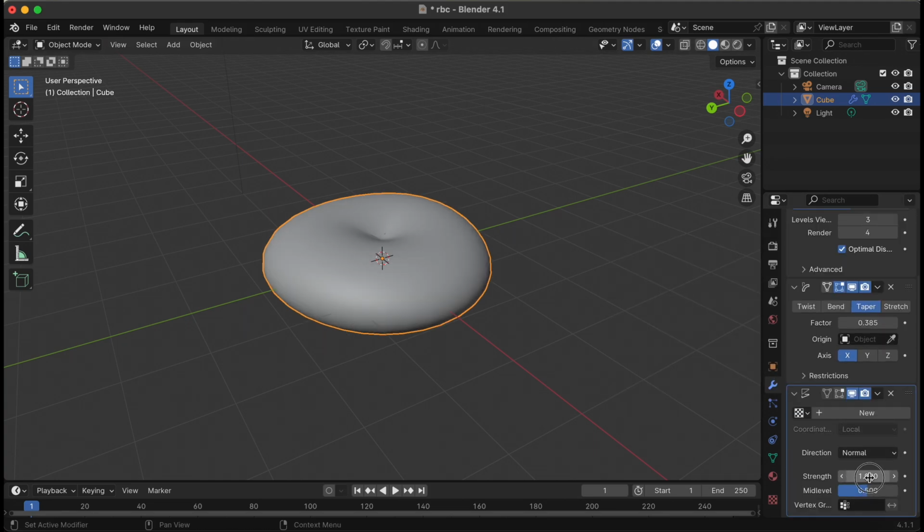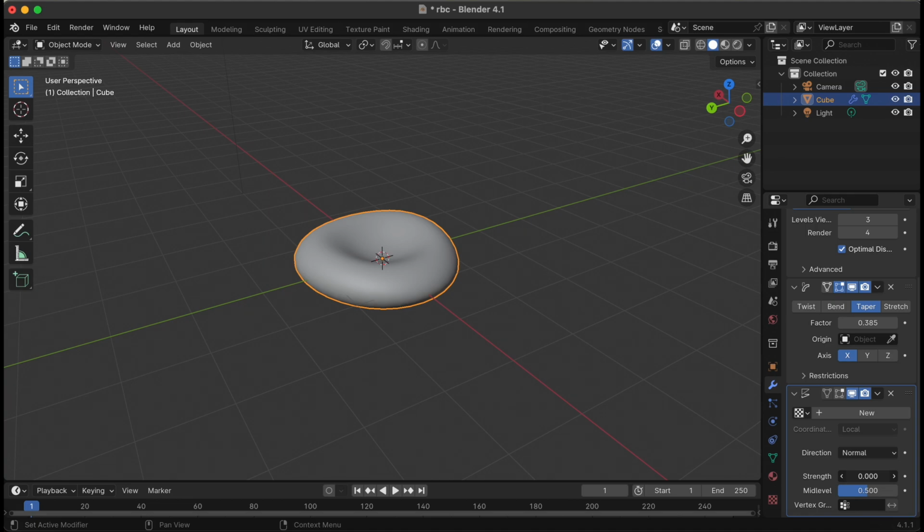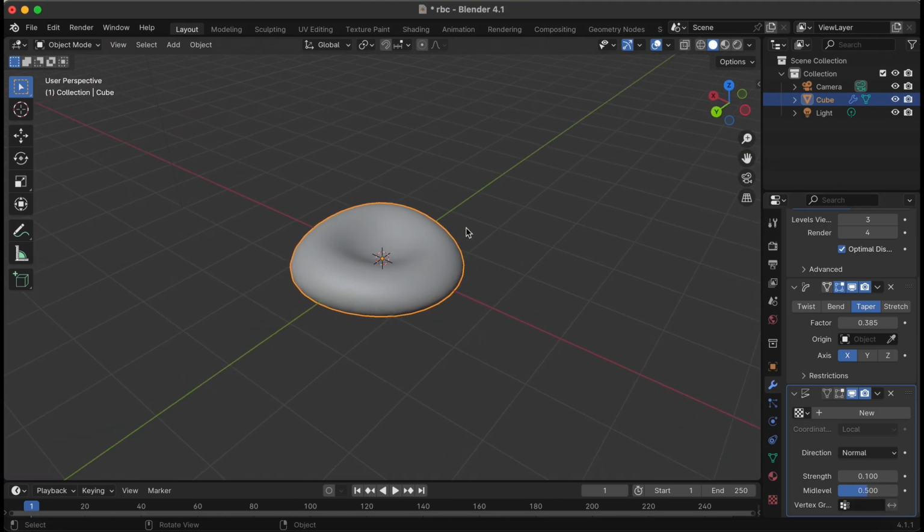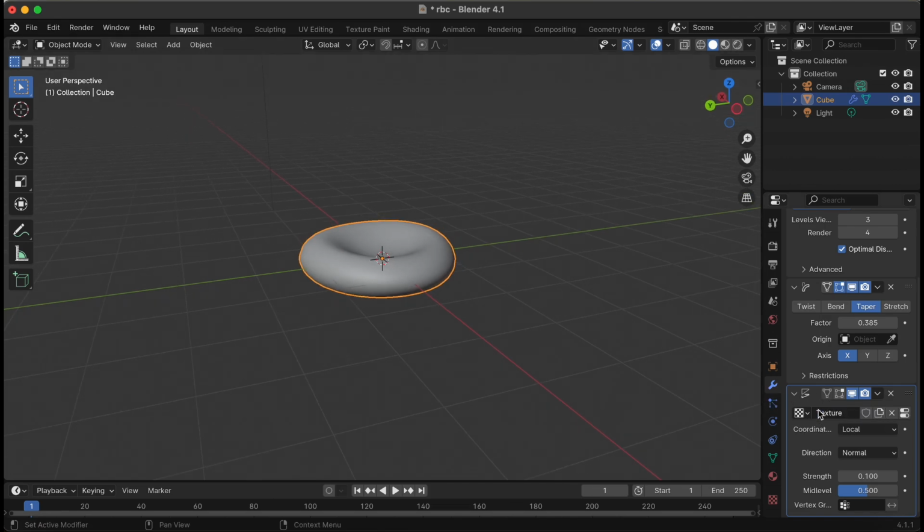We can actually start by reducing the strength of our deform modifier to about 0.1. 0.1 should be good. And then add a new texture.